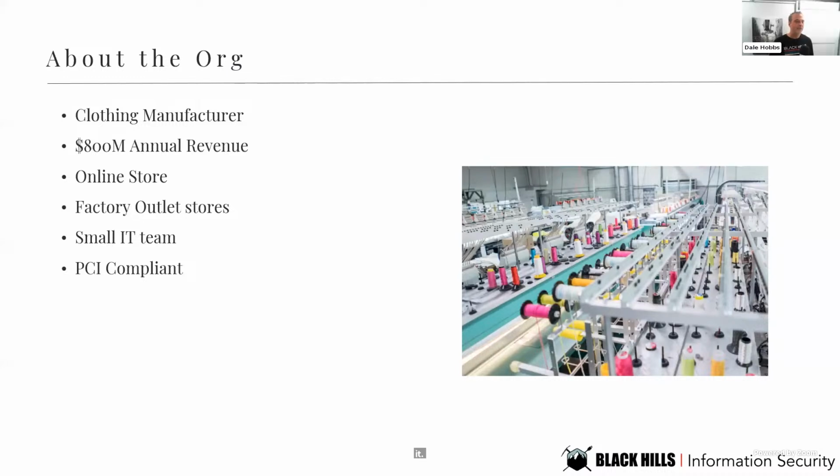All right. Now, Acme is a clothing manufacturer based in the United States. They have an annual revenue of $800 million. They have a single manufacturing plant as well as one online store and 55 factory outlet stores located across the United States. The organization consists of 5,000 employees, a small IT team of 10 staff members, one of which is a senior admin. You'll know him as Raymond, who's also responsible for security off the side of his desk. Now, one thing to note here is that Acme was level 2 PCI compliant. Level 2 means that the organization can self-assess and does not require a third-party auditor to come in to verify the assessment.